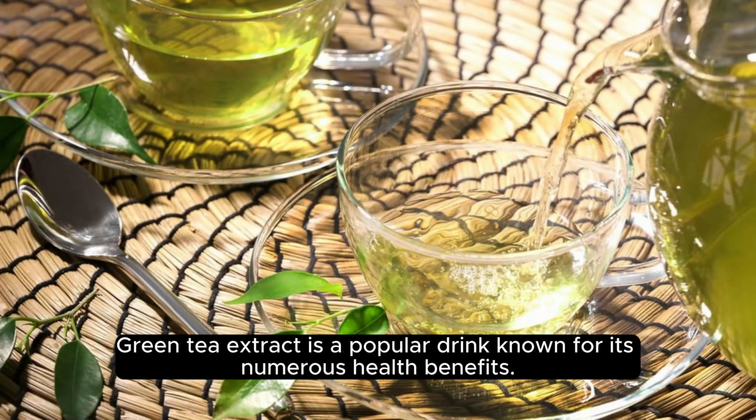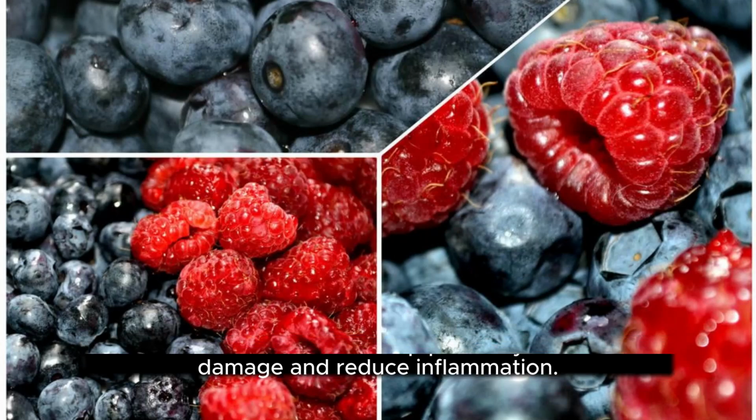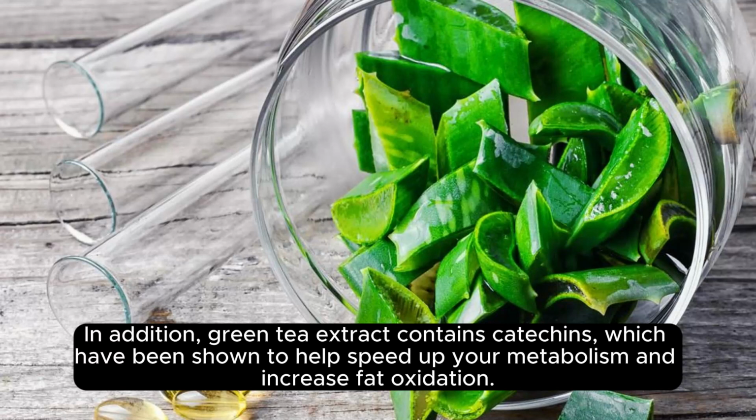Green tea extract is a popular drink known for its numerous health benefits. It is rich in antioxidants that help protect your cells from damage and reduce inflammation. Green tea also contains caffeine, which is a natural stimulant that can help boost your energy levels and improve your focus. In addition, green tea extract contains catechins, which have been shown to help speed up your metabolism and increase